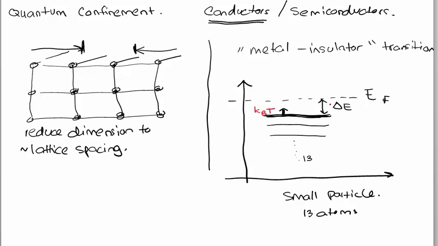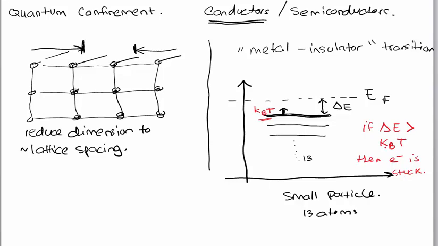Well, if delta E is bigger than kBT, then that electron can't jump. So if delta E becomes greater than kB, which is Boltzmann's constant, times T, then the electron is stuck